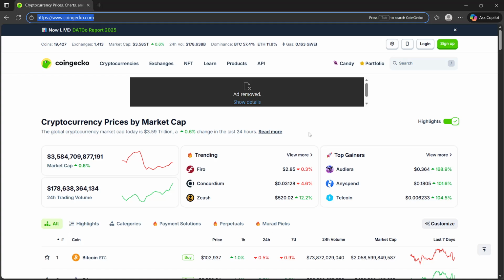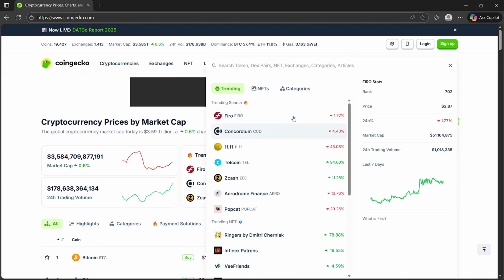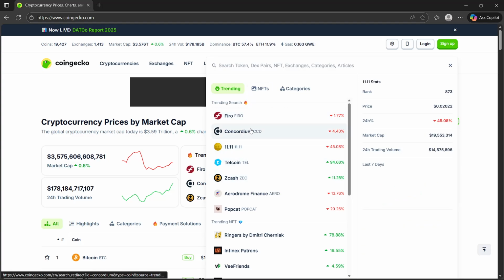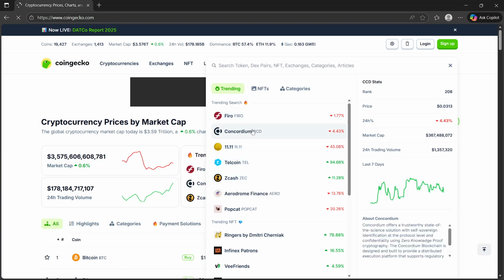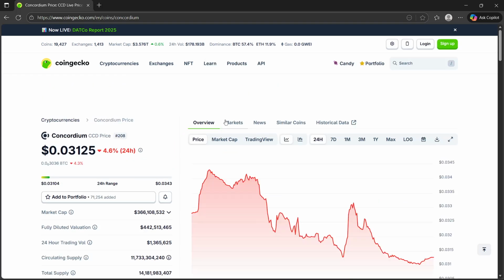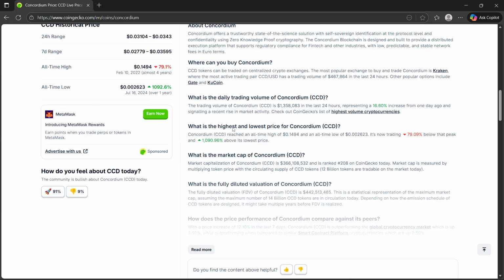So first, what you will have to do is go to CoinGecko.com or the app, and you will search for the coin that you would want to trade. And by the way, you will have to go to the search bar, and then you will click whatever coin that you actually want to trade, and then you will go ahead and click markets, and then you will select